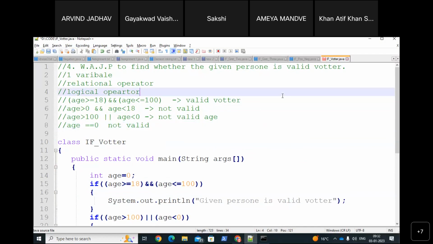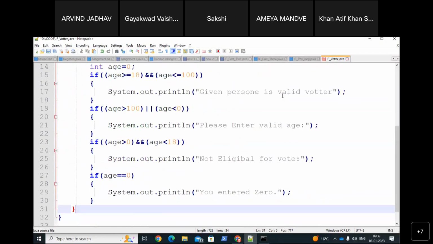Okay, so this is the business logic, ये ऐसे बिजनेस लॉजिक होना।